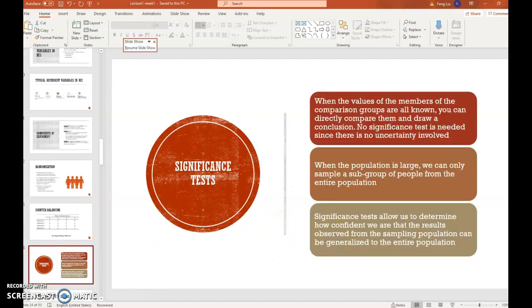Scientific testing. So when the numbers of the comparison groups are all known, you directly compare them and draw a conclusion. If there is no significant testing difference, or if no significance testing is needed, there could be no significance testing needed because there is so much uncertainty involved. Just like I said, I gave an example of different formats that influence the outcome because we cannot do an experimental